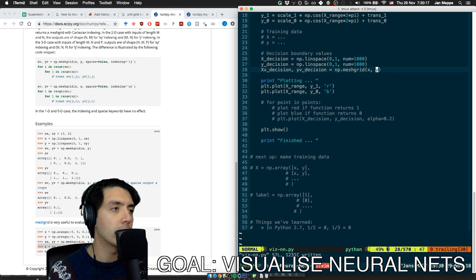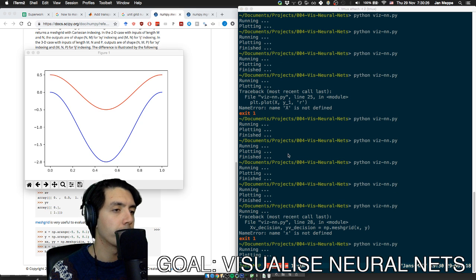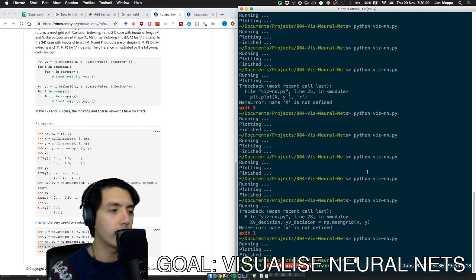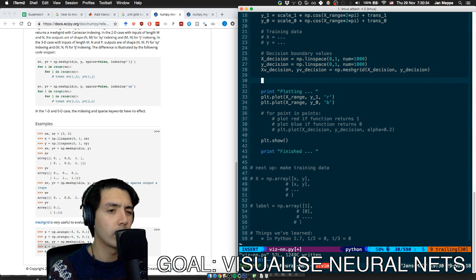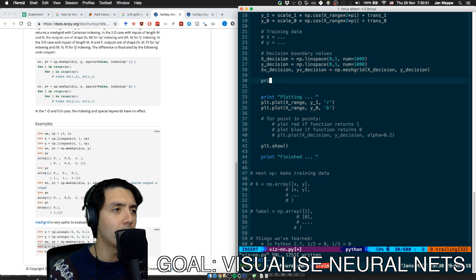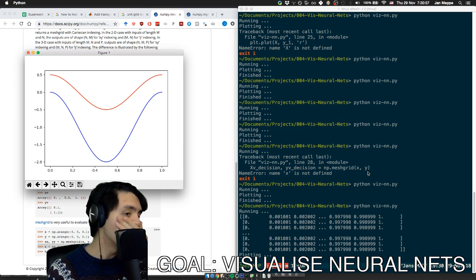X is not defined. No, because it's X decision. And it's Y decision. All right. So that definitely works. But we don't want like, can we now? So, what is X view decision now? Let's see what this is. This is now a